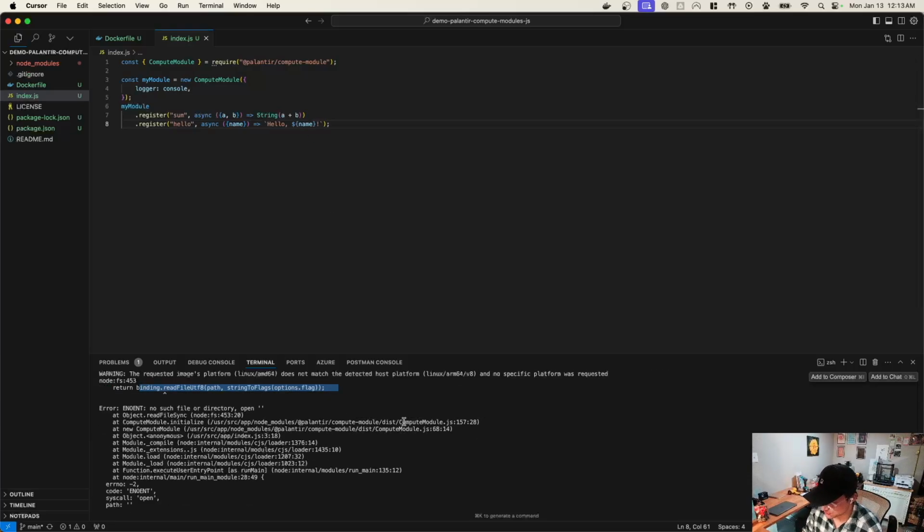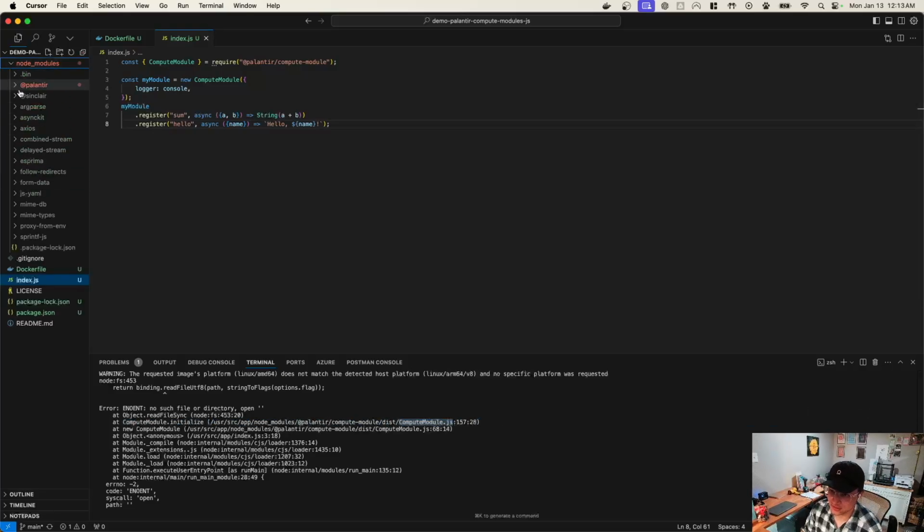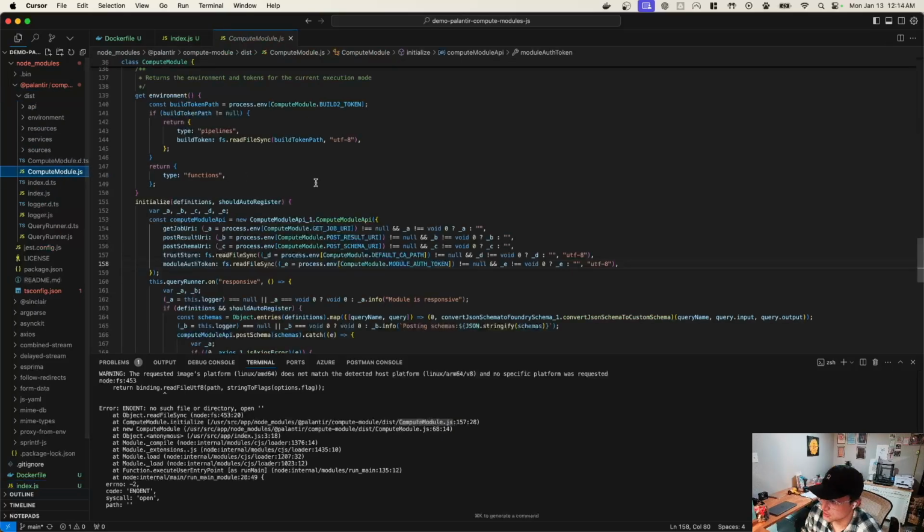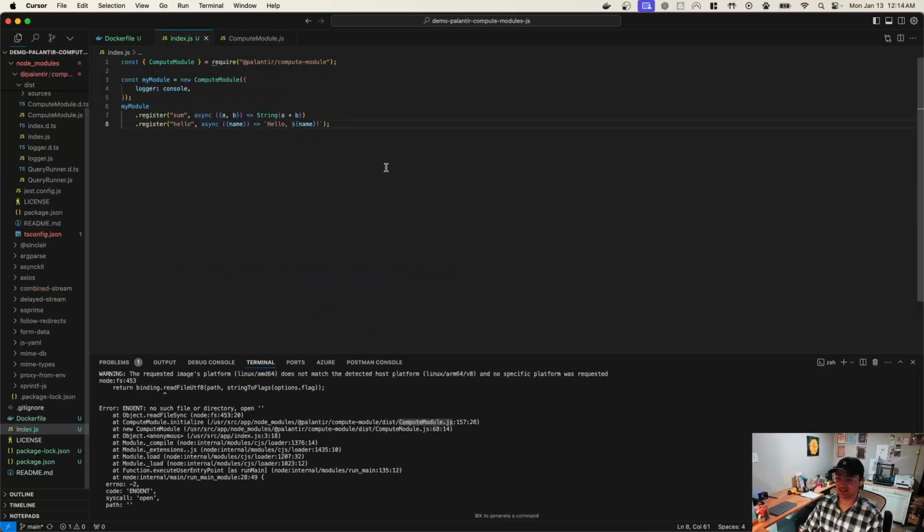Again, we know this from going into it before, that within the node modules in this compute.js, and again, if we actually want to go into it, Palantir, dist, compute module.js, we know for a fact that we're going to need this, this, and this. So what is the actual value for this? It's a good question. I have cheated a little bit for you all and gone ahead and found